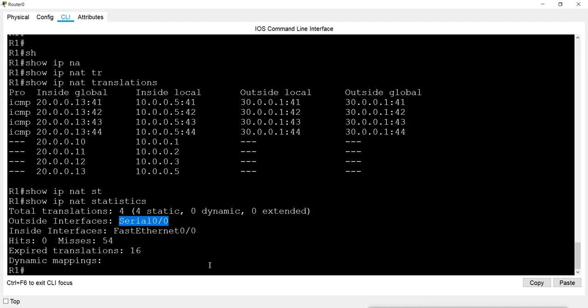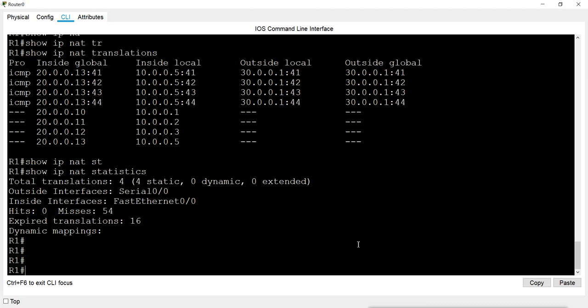Because they are not translating, they are missing, and they are missing this many packets. And this is what static translation is.